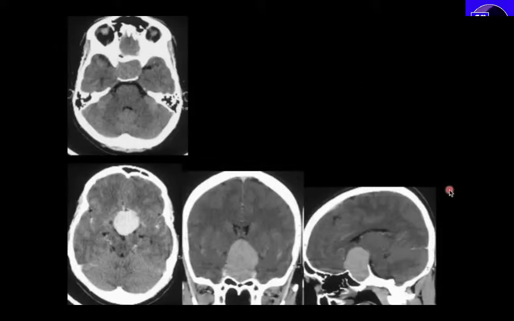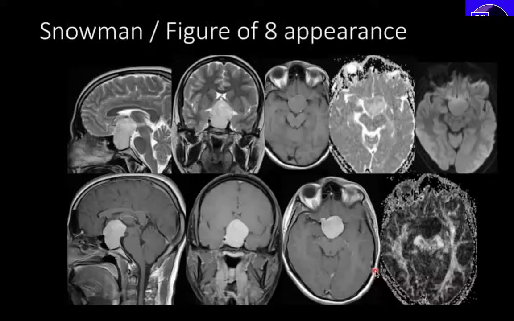Here we have another patient with a large homogeneous lesion with post-contrast enhancement and widening of the sella seen on the CT. And on MRI, again we can see the snowman or the figure of 8 appearance of the sella. There is not much involvement of the parasellar regions. The lesion is not extending into the cavernous sinuses, nor is it encasing the ICA more than 180 degrees on the left side. On the right side, there is some